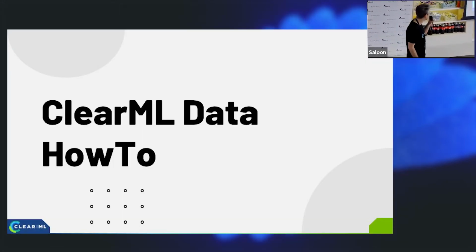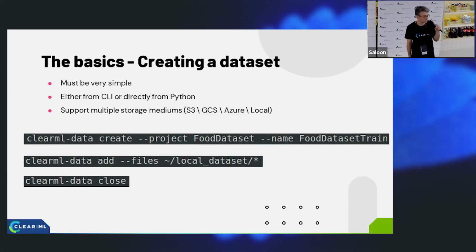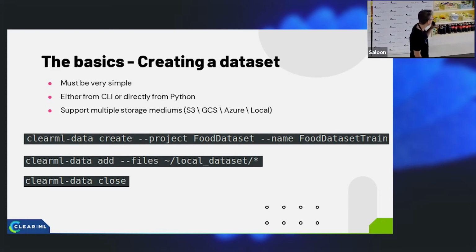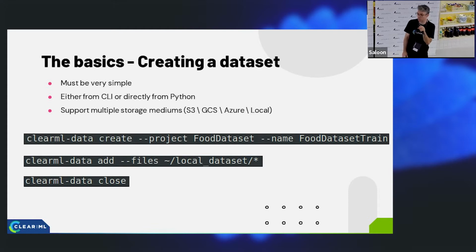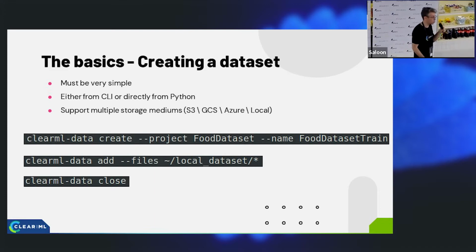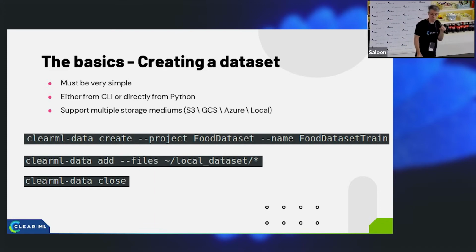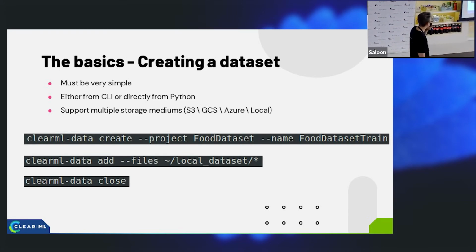So how do we actually do that? Basically, you have two options. One is the CLI. That's relatively simple. You create a data set, you add some files, and you finish it, which means we upload everything to your storage solution, whatever you configure the system with. It can be your S3 bucket, Azure, even a shared folder, if you will, which means I can always access it. And it also means that it's not hard coded. So if tomorrow I want to switch to another cloud provider, as long as I reconfigure it, everything just works. So we close it, we upload, we have our new data set.